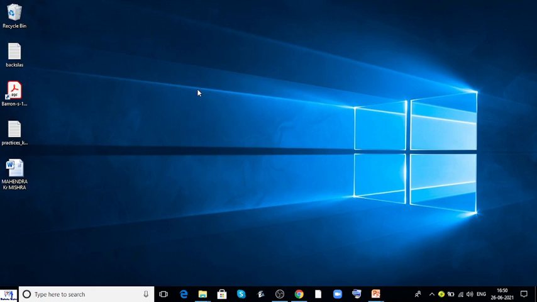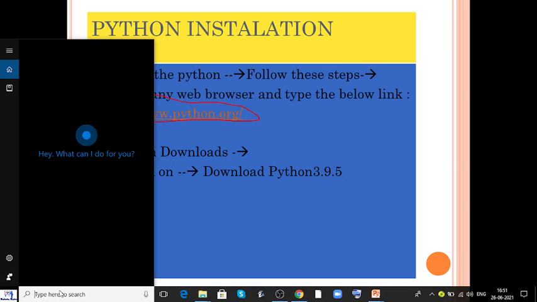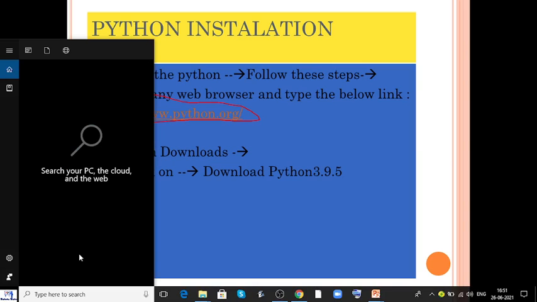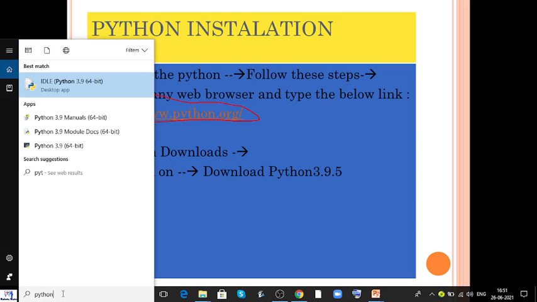Now the next step is how to open the Python interface or how to open Python IDLE. There are two to three ways. First way is if you are using Windows 7, Windows 8 or Windows 10, then definitely you will get the search option. In this you need to type Python.